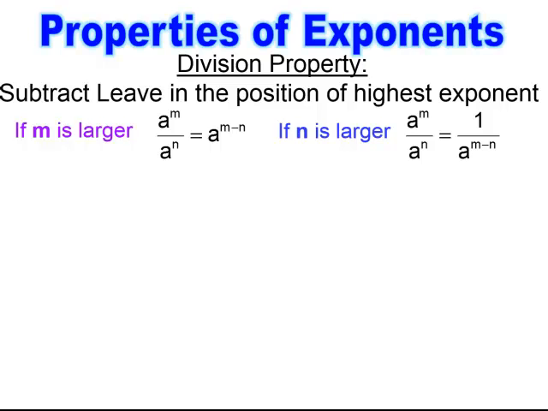So when we have division of like bases, the division property is you will subtract the exponents. And you don't want a negative exponent, so you're always going to subtract where the highest exponent is. So if the highest exponent is on top, you'll have a whole number or a whole part, and you'll subtract and it'll leave it on top. But if the highest exponent is in the bottom or the denominator, you will subtract and you will end up with a fraction. So it's very important that when you do division, you're subtracting, but you're leaving where the higher